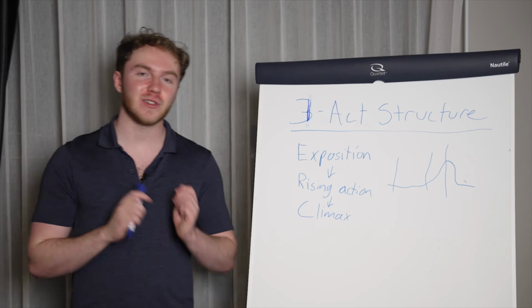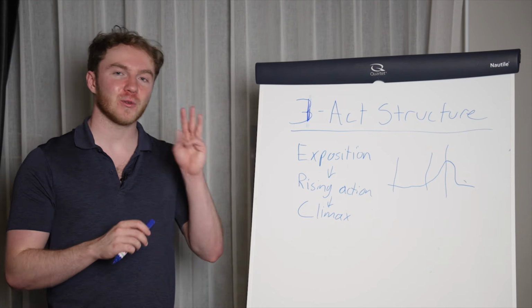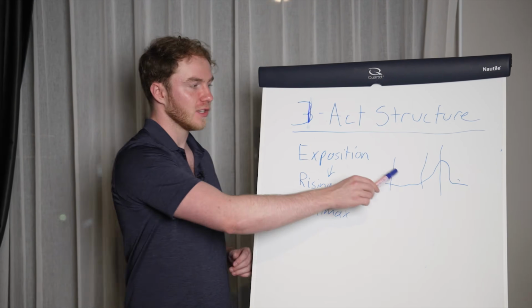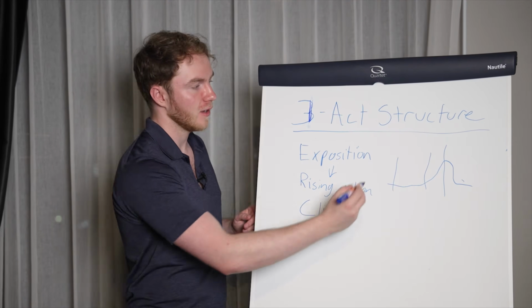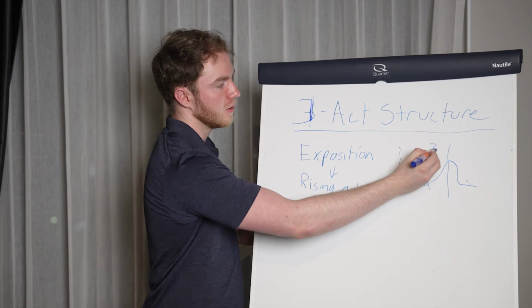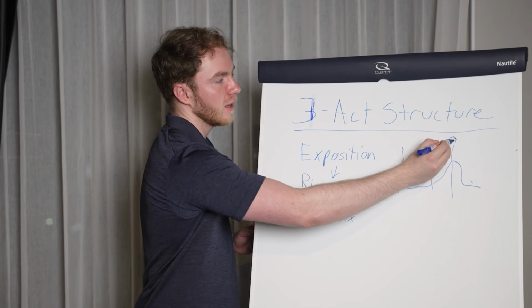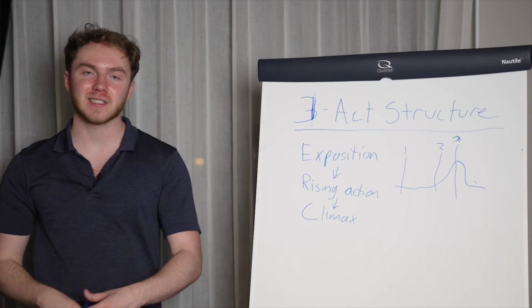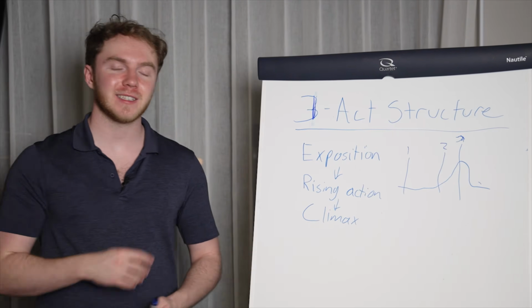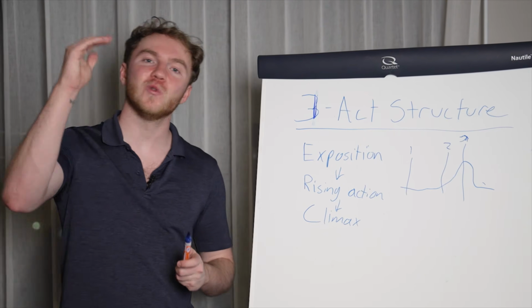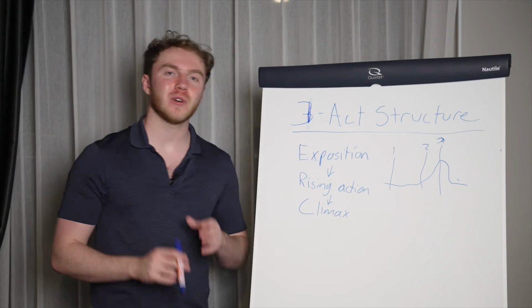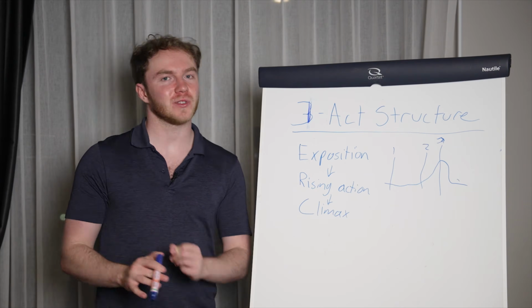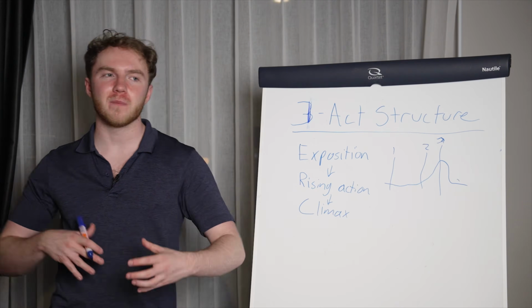However, when we apply that to YouTube videos, we like to have 3 talking points per video. This is what this looks like on a YouTube video. This is talking point 1, talking point 2, talking point 3. The talking points should get crazier and crazier as the video goes on to build that tension and really give people a huge payoff at the end. The first talking point should be some sort of introduction to the actual topic itself. The second should be more of the meat of the video.